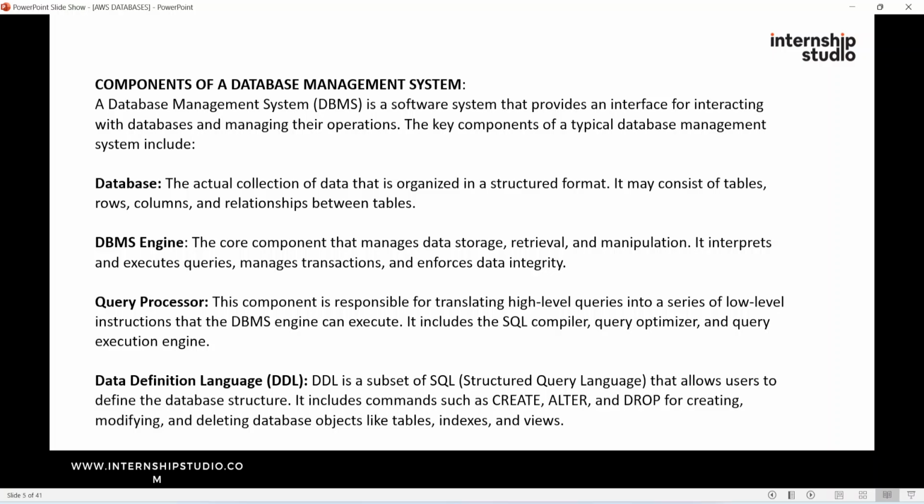Next we have the data definition language. It's like the library cataloging system. It defines the structure of the database including tables, relationships and constraints. DDL is used to create, modify and delete database objects. It sets the rules for how data should be organized, much like a cataloging system that categorizes books by genre,